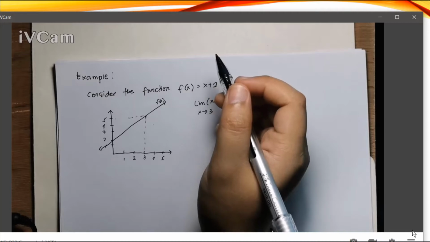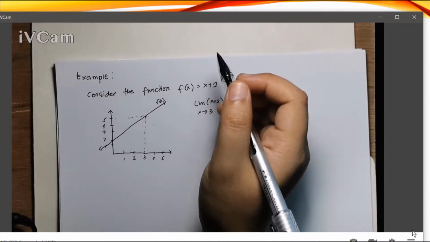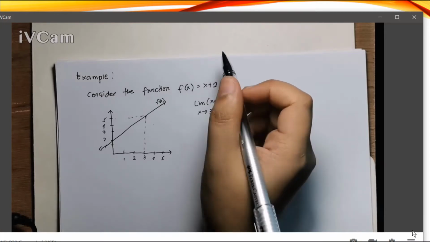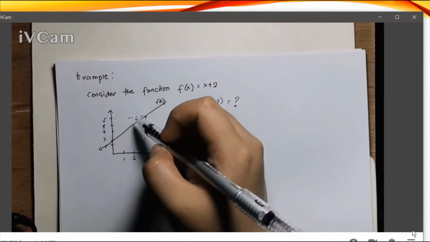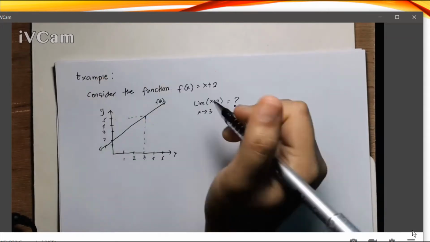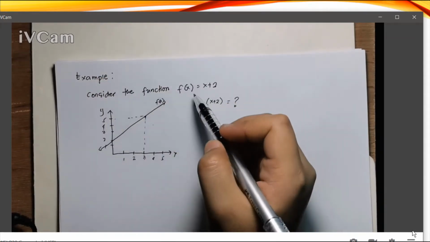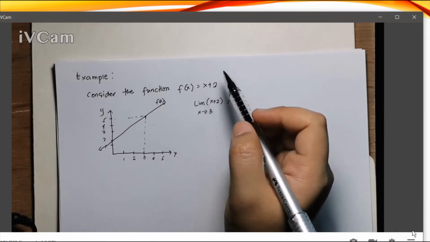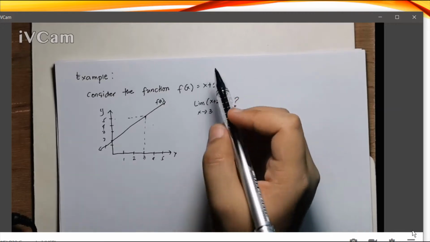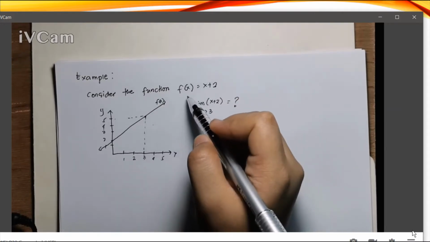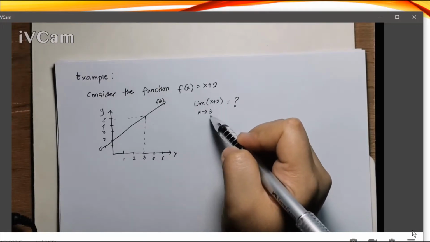In our example, consider the function f of x is equal to x plus 2. If we graph this function, this is what it looks like. Now our goal here is to find the limit of f of x as x approaches